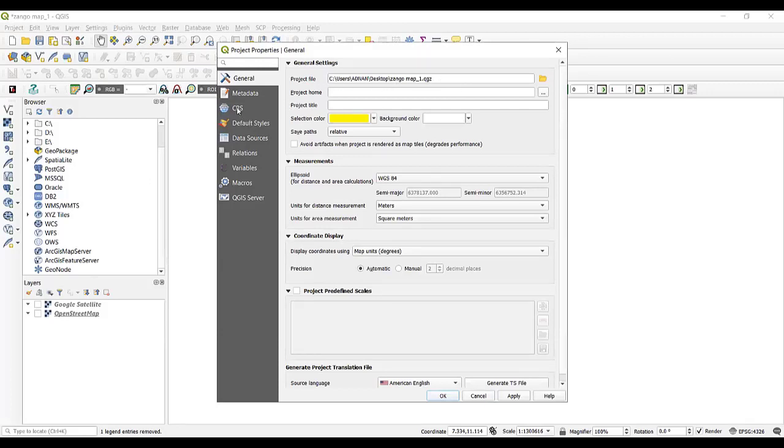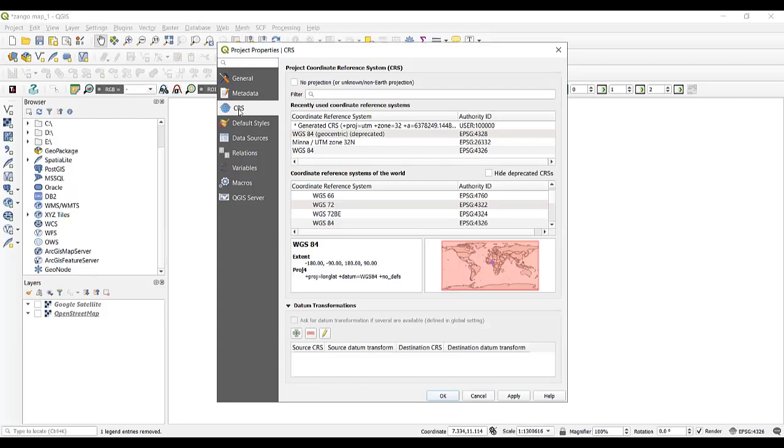Then we go to CRS. The CRS means coordinate reference system. Okay, click on CRS. Now, as you can see, under the coordinate reference system, we have WGS 1884. The WGS means World Geodetic System. This is the world coordinate. So if you want to locate a particular property that is not in Nigeria, you understand, you don't need to